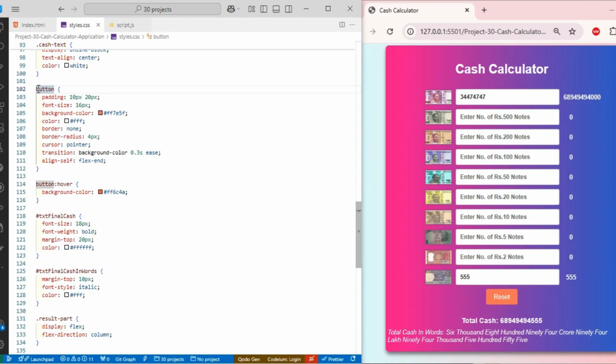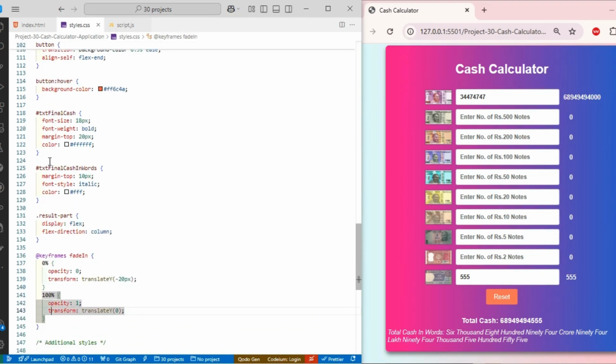The selector of button, a reset button, shows like this. Inside of the button selector I am taking the properties padding and font size, background color and text color, border, and border radius, cursor, and transition of align items. This type of properties I am taking inside of this one, and a button hover to background color of the